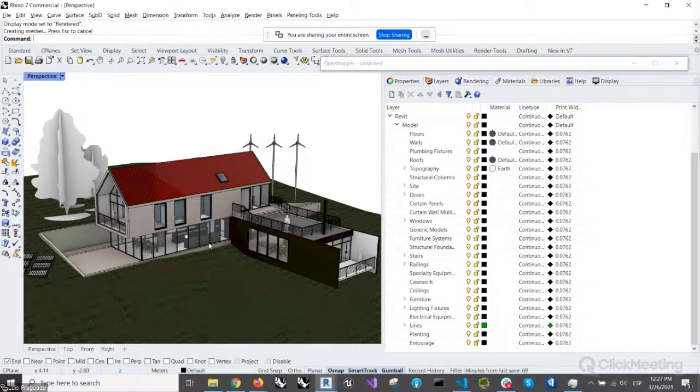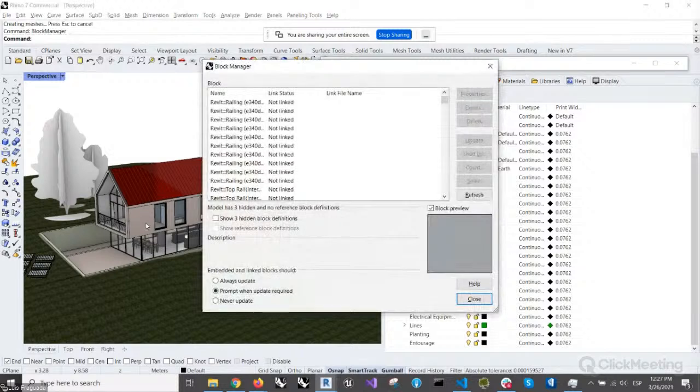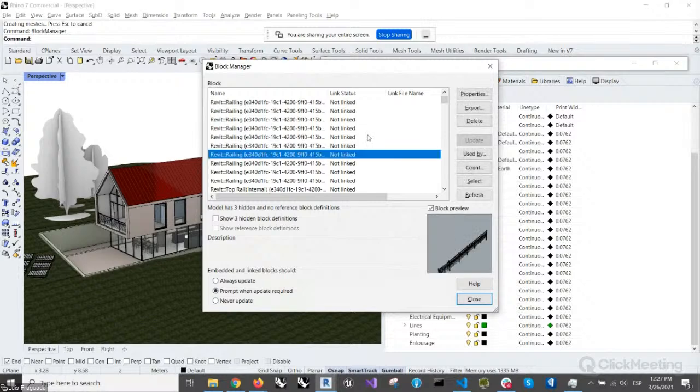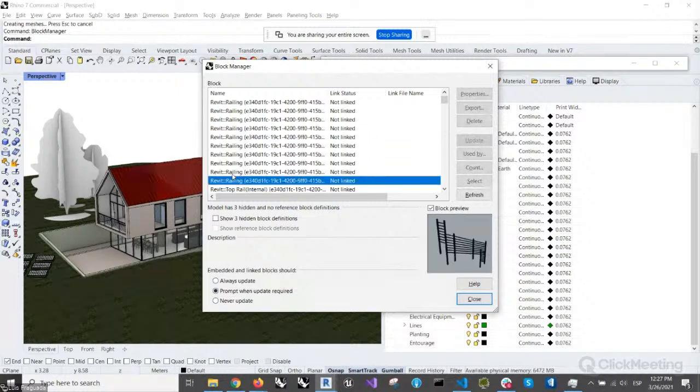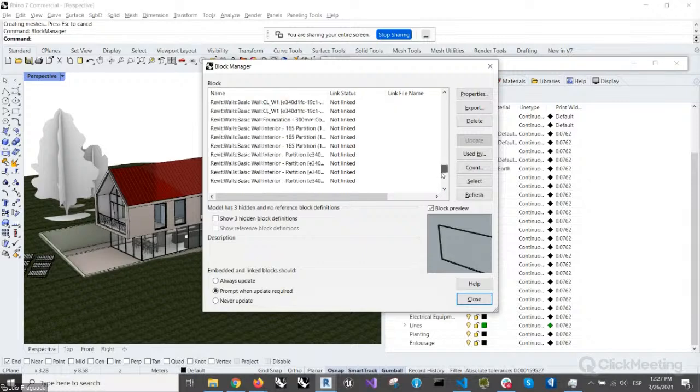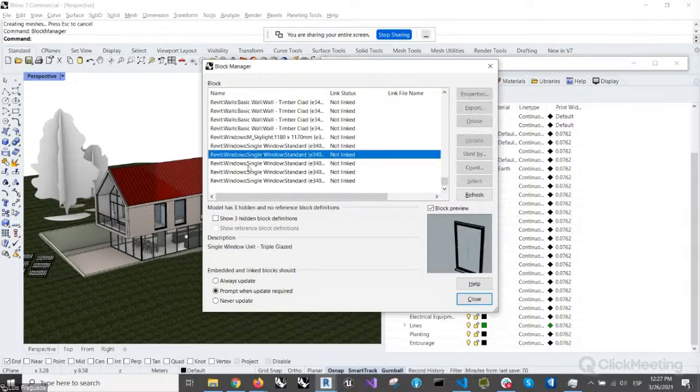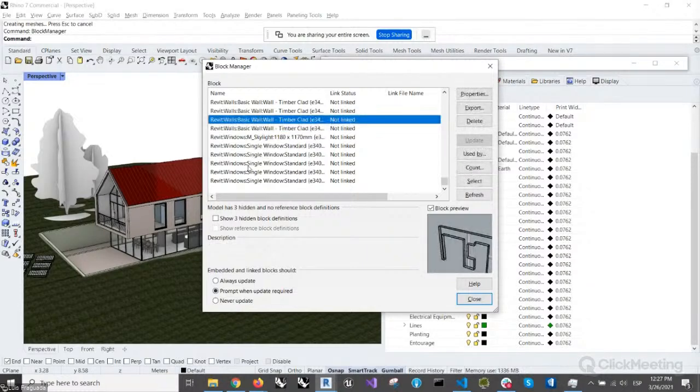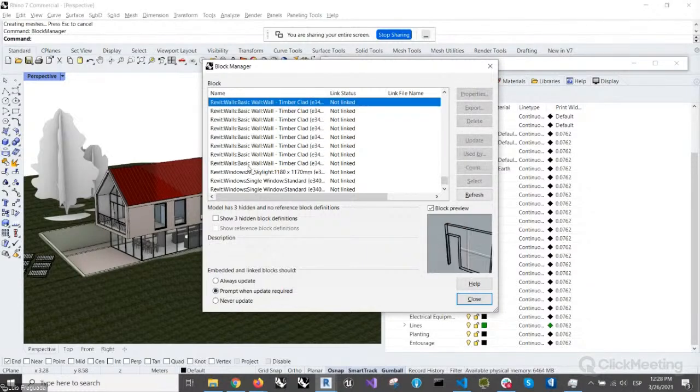Now, what I was mentioning before is that this could potentially be a really big model if we have different instances of stuff coming in. But what you actually should take a look at is that if the objects, of course, are part of a family, then you're going to get that in as a block. And so we're going to create blocks as we're bringing that in, and we're going to have all sorts of instances eventually added to the Rhino model. So if we save this as a Rhino file, I think it's a 40 megabyte model or so with all of the different